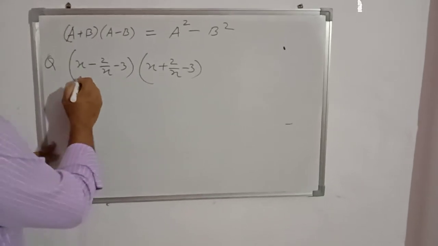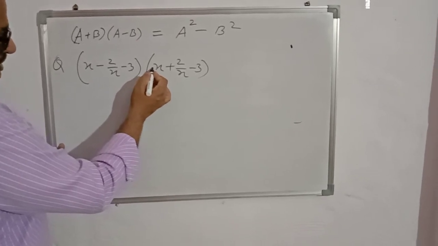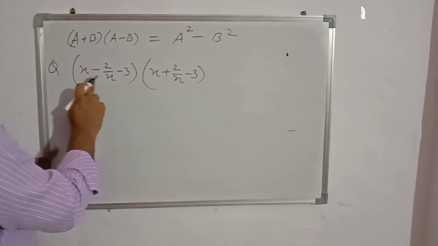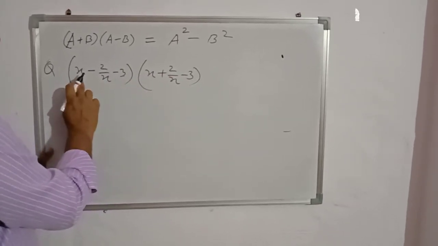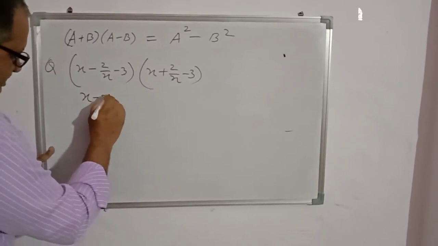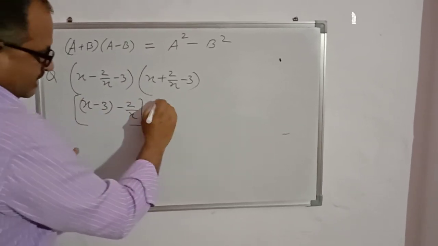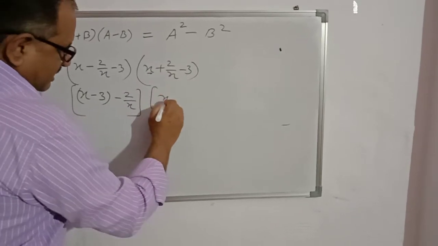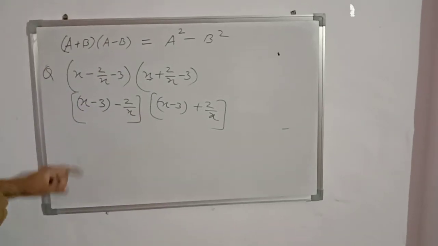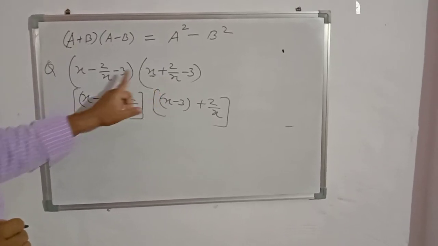So see here, the sign of x is plus and the sign of 3 is minus. The sign of x is positive here and the sign of 3 is negative. So the signs of 3 and x are the same in both the brackets. So we will take x minus 3 together as a single term and write it like this: x minus 3 minus 2 by x. Second bracket, x minus 3 taken together, and plus 2 by x. But b has the opposite sign. The sign of 2 by x is minus here, and the sign of 2 by x is plus here, they have opposite signs, so we will suppose it b.